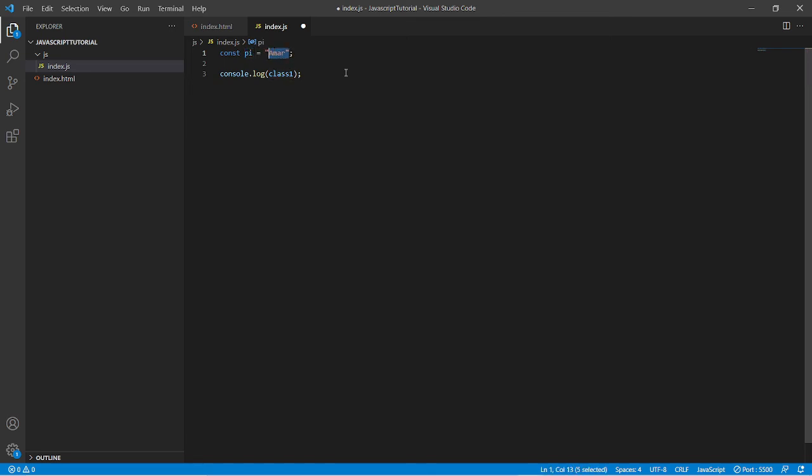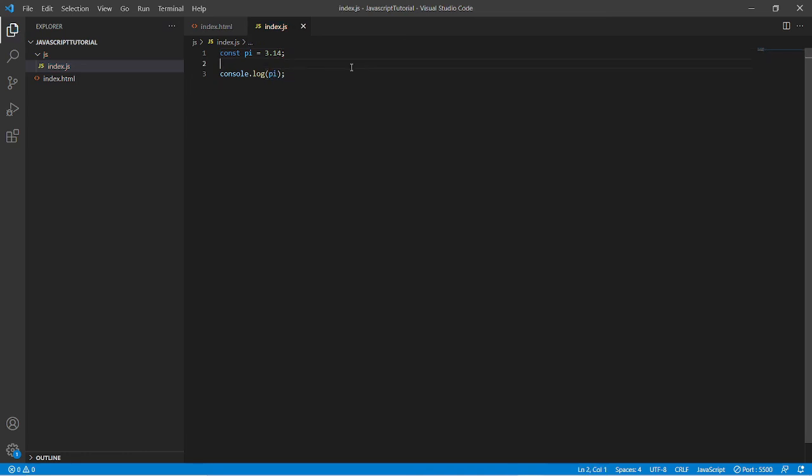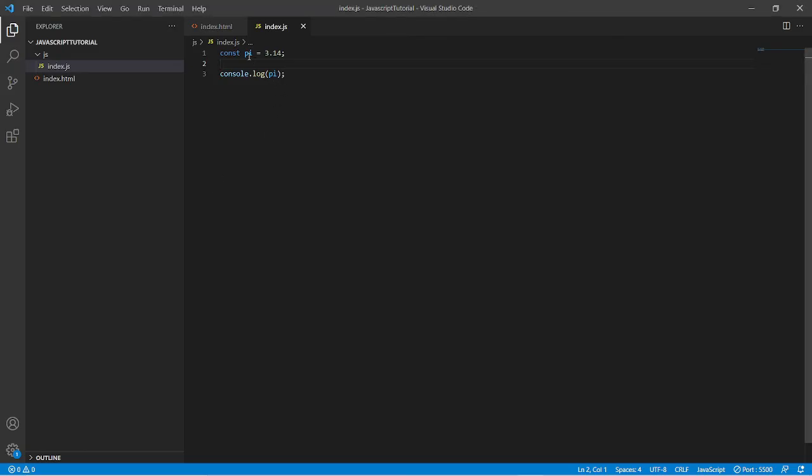It is a constant value, it cannot be modified. So if I log this pi value, it will log 3.14. So const is a keyword which will define a constant. It means you cannot reassign any value to the same variable.